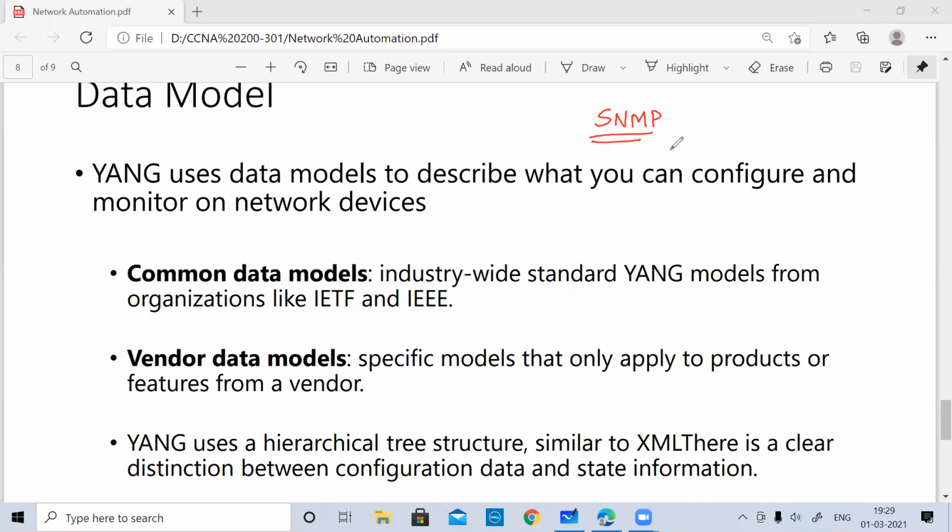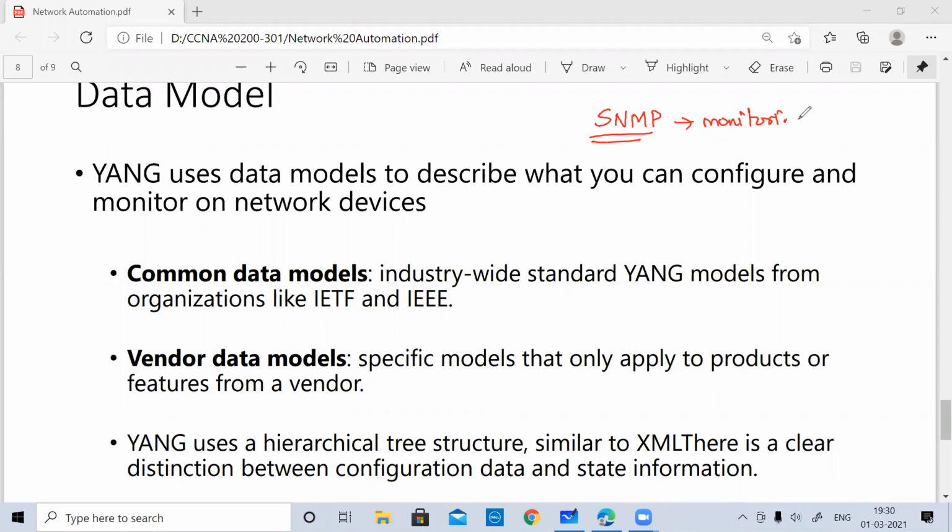When you want to monitor thousands and thousands of routers, devices, and hosts, you need a management protocol. You will not want to use a CLI on each and every system and run commands to see the details. So there is a single simple network management protocol which will help you monitor all your devices.